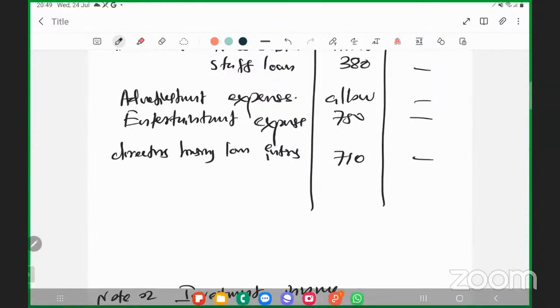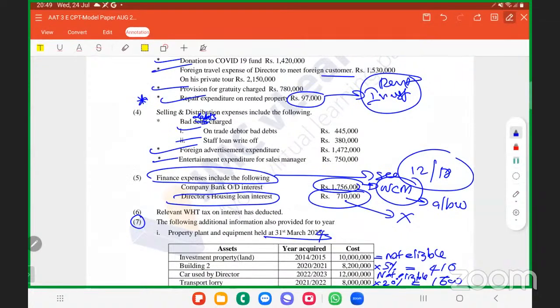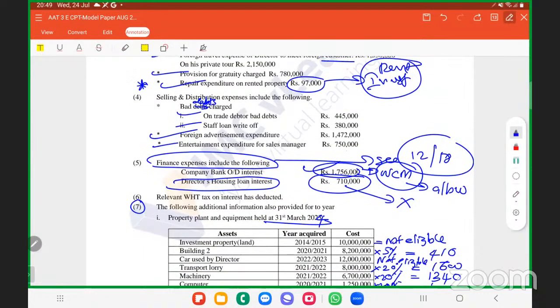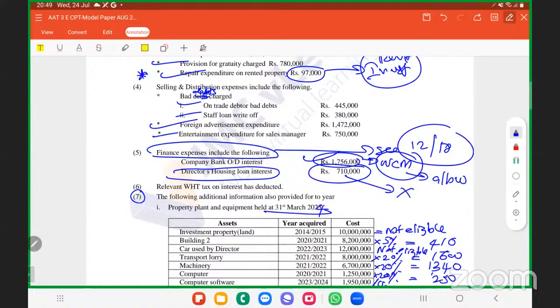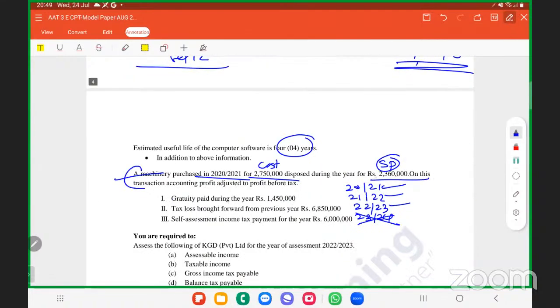Even though this is allowed as per taxation, the amount you need to calculate by a formula, right? What is the maximum amount of finance cost allowed to deduct? So how can you calculate the finance cost allowed as per section 12? In this case, you know that amount is 1,756. This value divided by